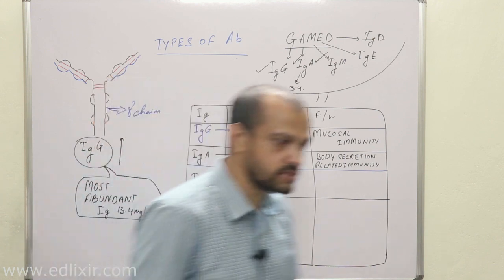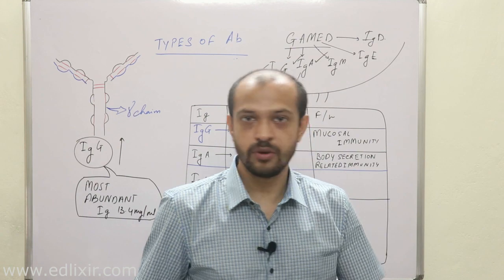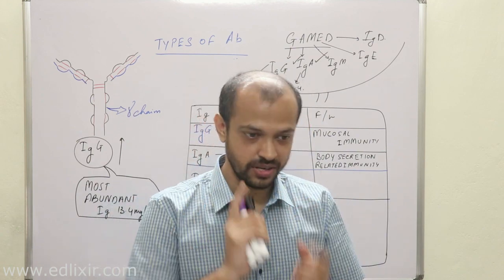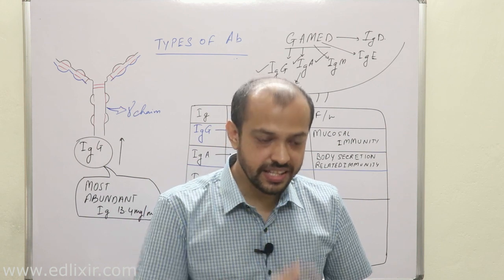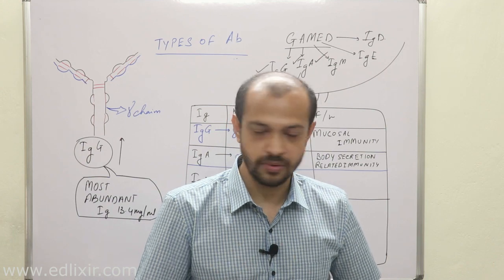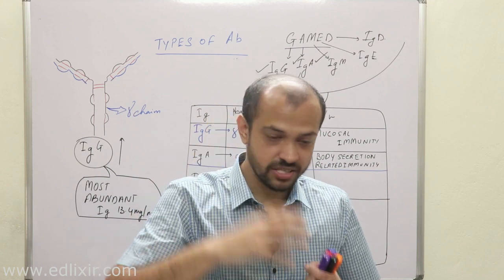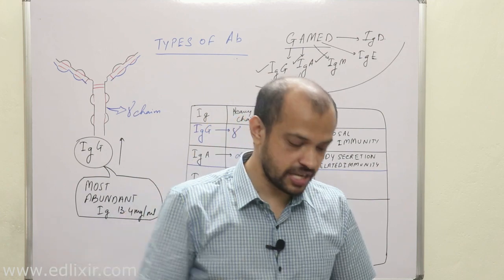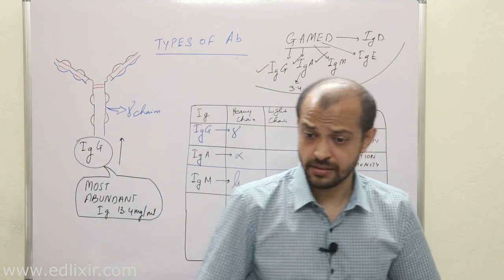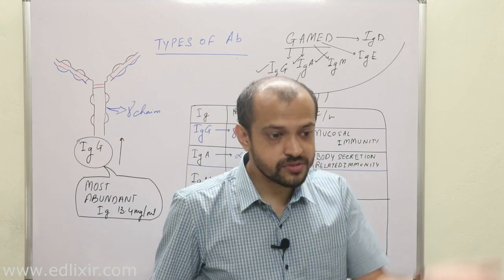Do you know the difference between IgM and IgG? Suppose a bacteria enters your body. Listen with all your attention. IgG will be produced, not then and there, but after some days. But after more and more days, with the passage of the infection, IgM will be produced. That means for the first exposure of any antigen, IgG is produced in large amount, but with the passage of time, IgM concentration increases.